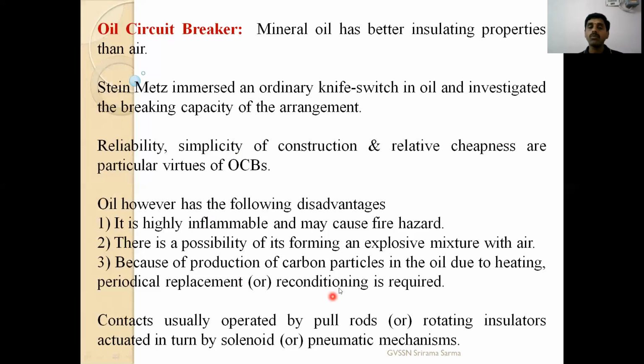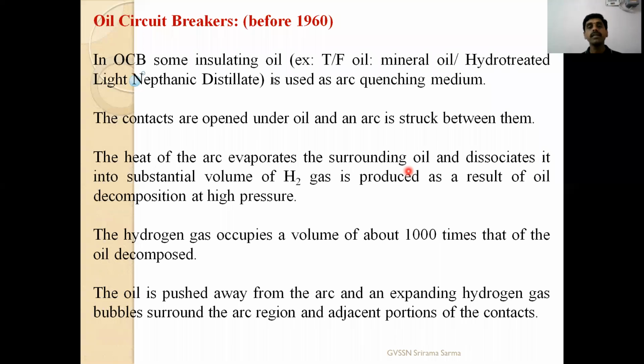So these are the disadvantages. Mainly the oil is inflammable and causes fire hazards, there is a possibility of it forming an explosive mixture with air, and there are sludge formation and carbon particles due to heating. So these are the disadvantages. These contacts are usually operated by pull rods, rotating insulators, etc. Solenoid and pneumatic mechanisms are used for the opening and closing of the contacts. So the main thing we are using in the oil breakers is